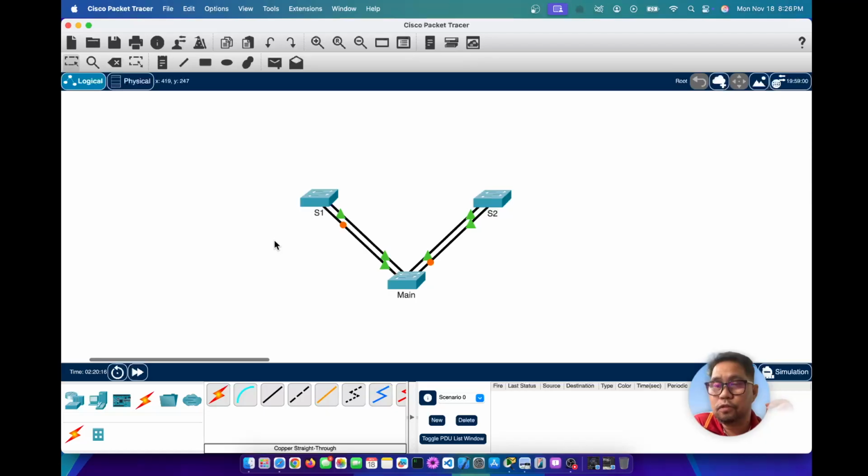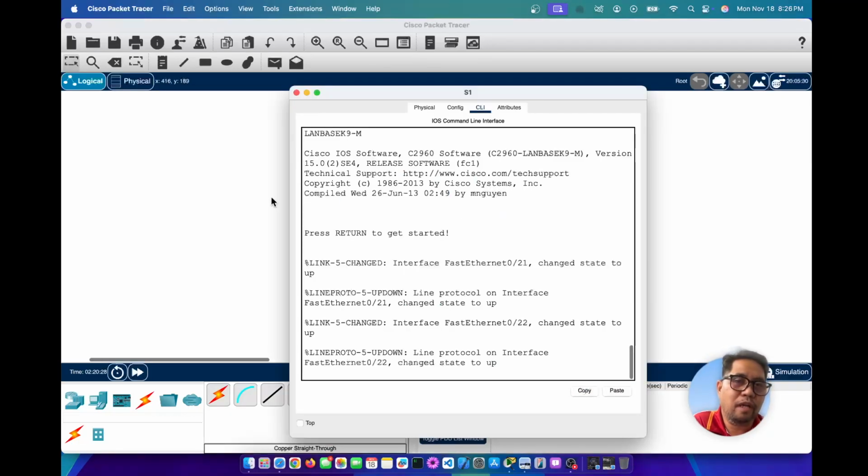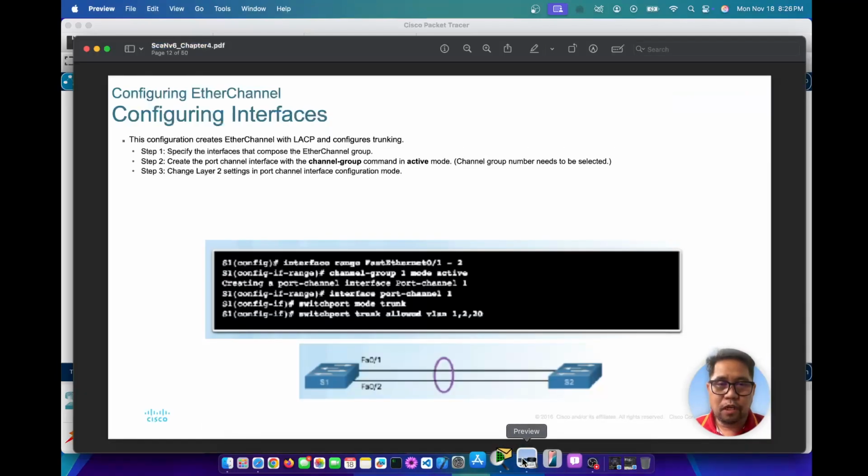And let's use the LACP and the PAgP together. So we will be configuring the LACP and PAgP on the main side. Let's start with switch number 1. Let's consider this one as the LACP. So that means if we are using LACP,